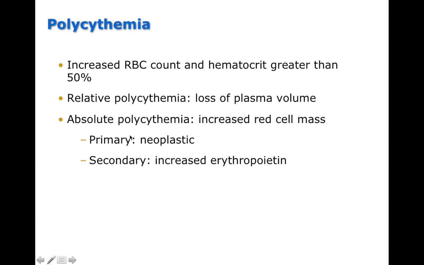And so the primary cause of this is actually neoplastic. We talked about how polycythemia vera is a myeloid neoplasm. One of the signs of myeloid neoplasm is excessive red blood cell production. But secondary polycythemia can also come from an increase in erythropoietin. So individuals who live at extremely high altitude could have secondary polycythemia, because if you live at high altitude, you have low O2 in your blood because of low oxygen in the air, which means that your compensatory response is to produce more erythropoietin. That's going to stimulate your red blood cells to grow more, and that can lead to polycythemia if you live at very high